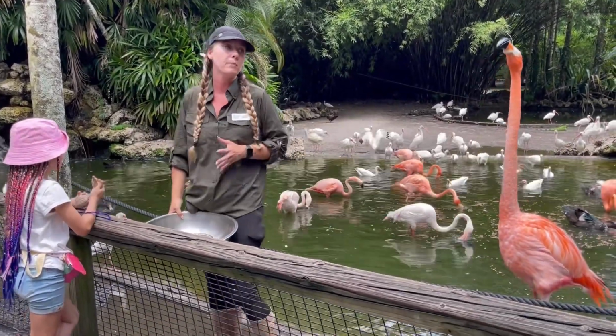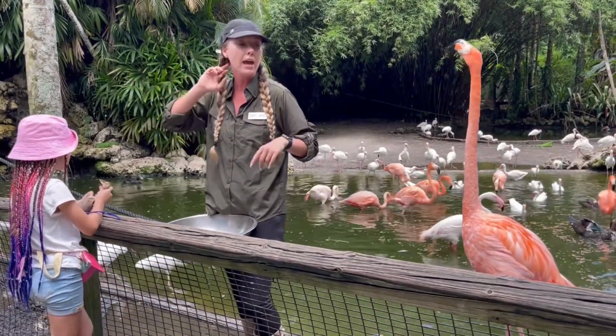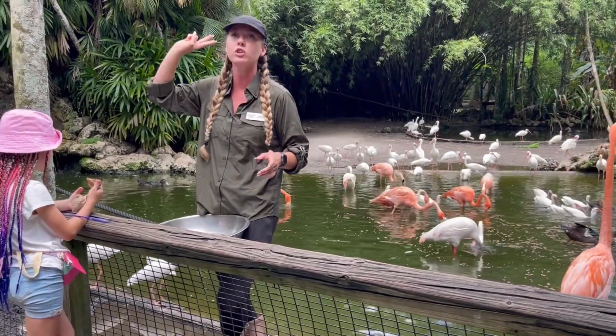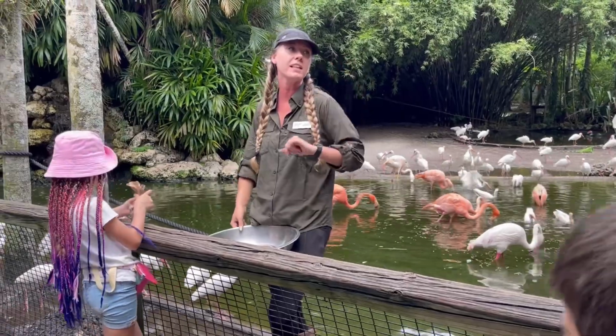So with all of my flamingos, they're all what we call pinioned. That means it just helps them to where they can't fly away. And the reason that we do pinioning is because you can either clip a bird's wings or you can pinion them. Clipping them, I would have to do that every 2 to 3 weeks, and that's not only stressful